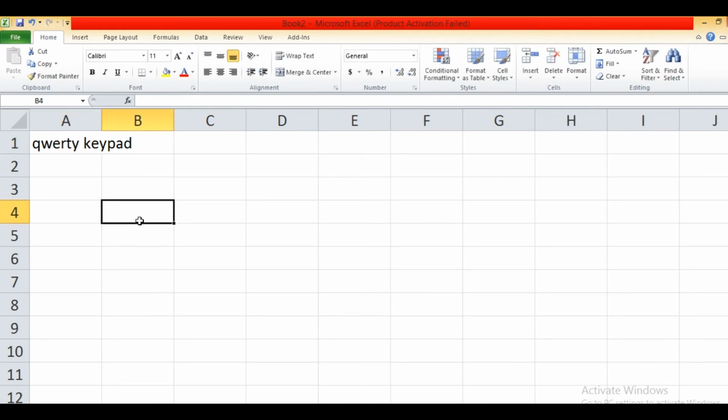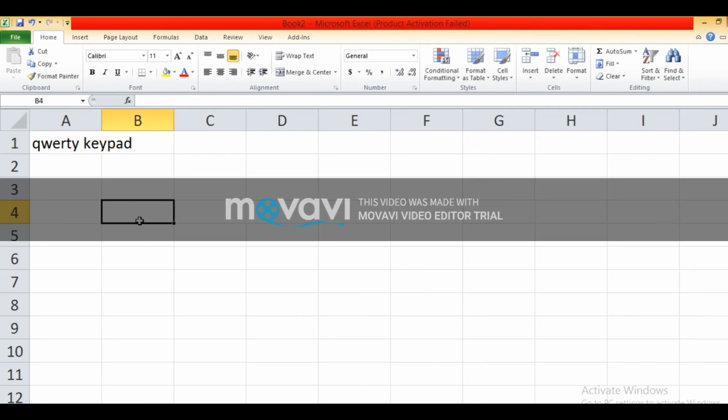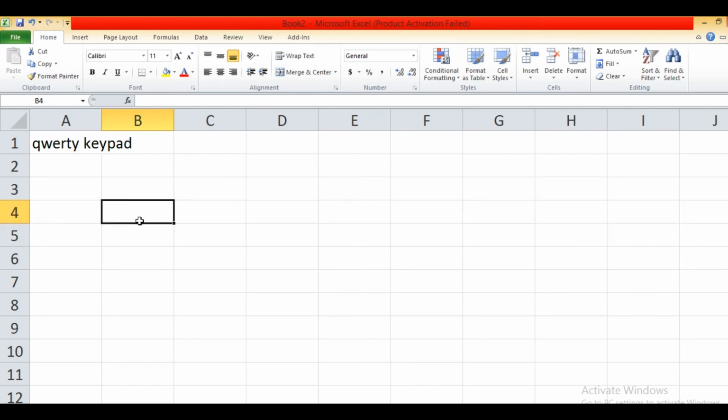Excel is basically used for calculation. If we want to perform simple calculations, we use MS Excel, or you can say a spreadsheet. We use formulas in Excel. Formulas are used to perform calculations like addition, subtraction, division, multiplication.